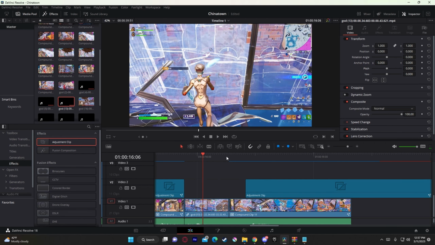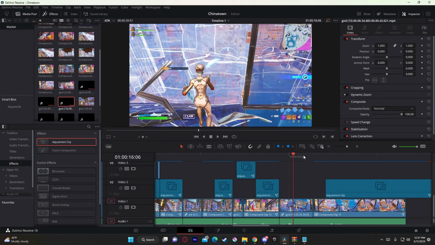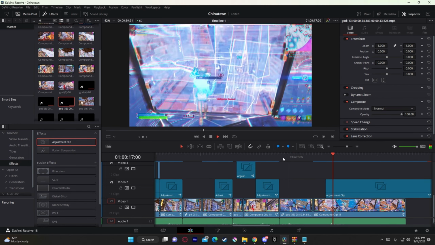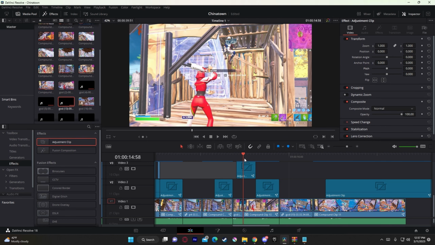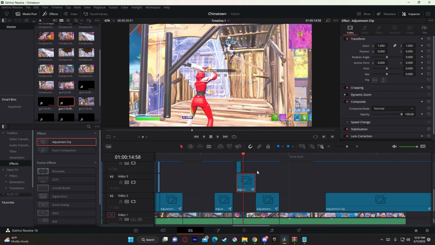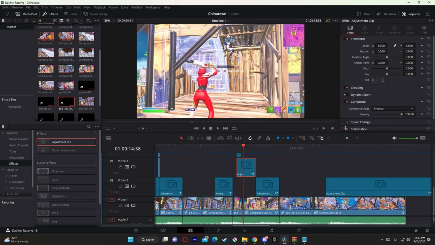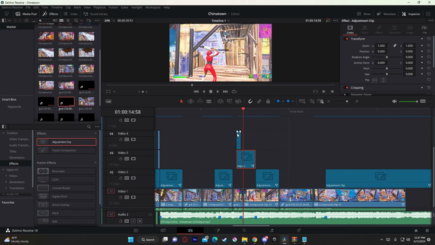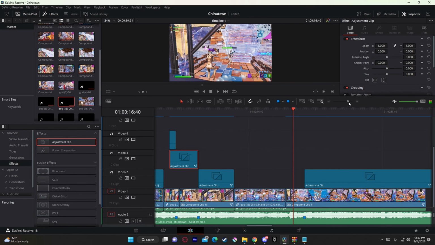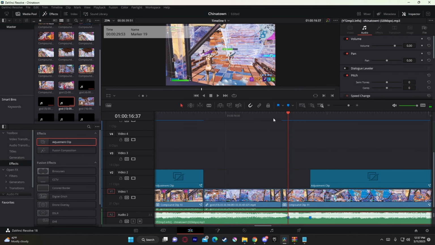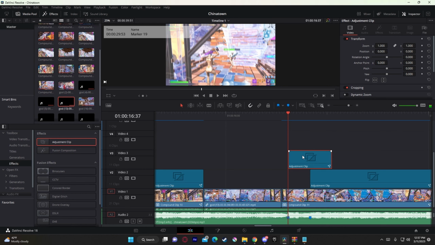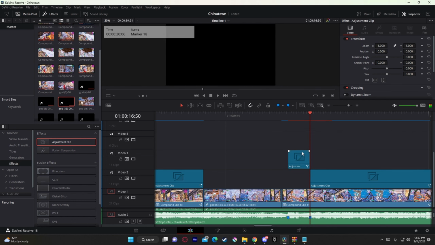Okay, now guys, I got my next clip, and it looks like this basically. I added a blue glow on the kill, and now what we're gonna do is we're gonna add another beat shake. So right here, I have a beat shake, so I'm just gonna copy and paste it, and I'm basically just gonna go on the song where there's a beat, which is right here. So I'm just gonna copy and paste the beat shake,